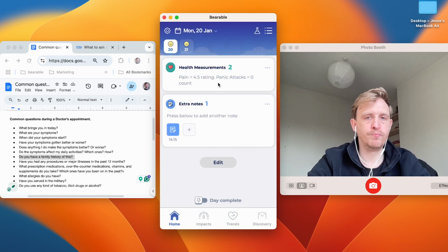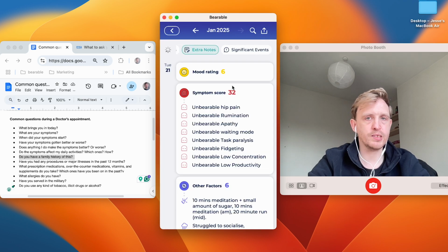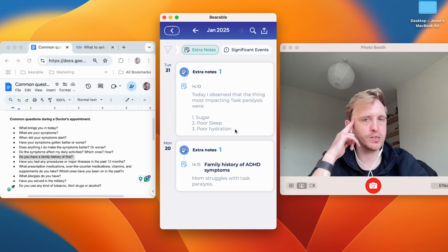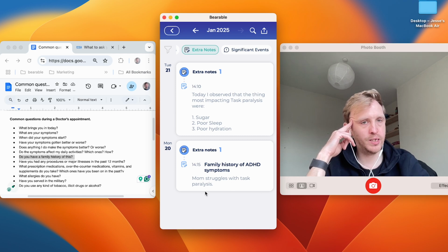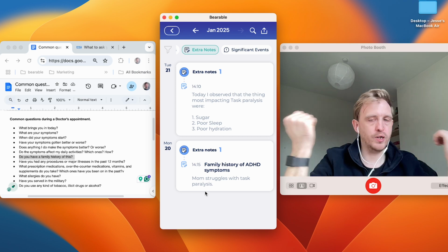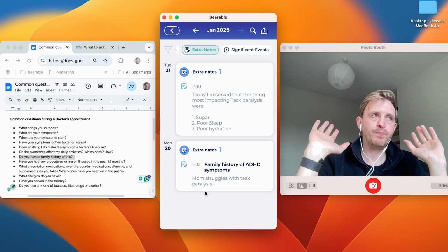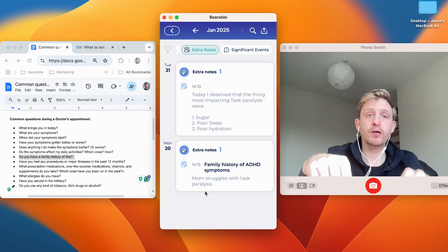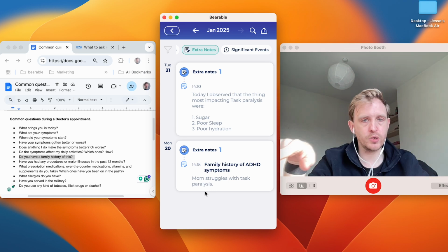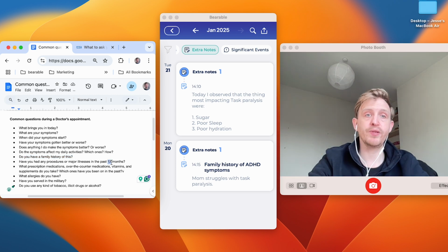Make a note of it. And then in your appointment, when that question gets asked, you know that you've saved it to your extra notes. You know you can refer back to it. You might not remember off the top of your head during an appointment. Brain fog, anxiety, all of these things that happen when you're sat in front of a doctor are going to happen. So make notes of stuff ahead of time to answer these questions. It just makes it easier than having to pull this out of thin air in the moment.